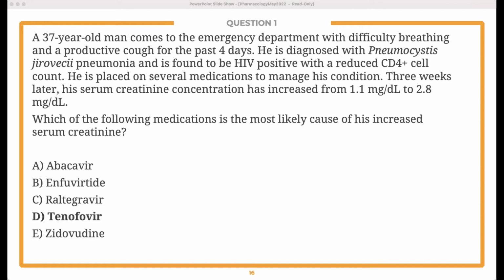He's on several medications, and tenofovir is likely one of them. Now, tenofovir, along with one other drug that's not an answer choice, I'll go ahead and say it, atazanavir. So tenofovir and atazanavir are both associated with nephrotoxicity. Okay. And one way I remember this drug, and it may or may not help you, is kidney damage can